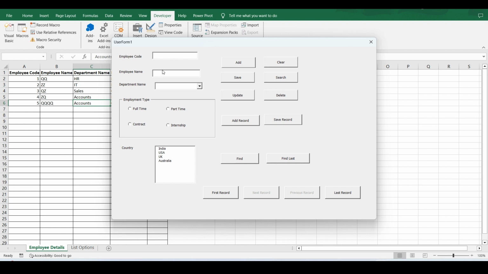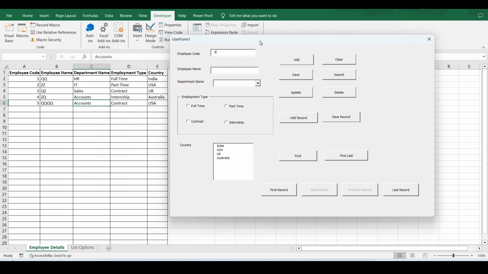If I enter any record which is not present, of course search will take care of that. Then I enter 5, for example, I want to update record 5, so I enter employee code 5, I click on search, the record is there, see all the records are same. Then I change the value here. Okay, now I click on update. As soon as I click on update, you see your record is updated. Okay,